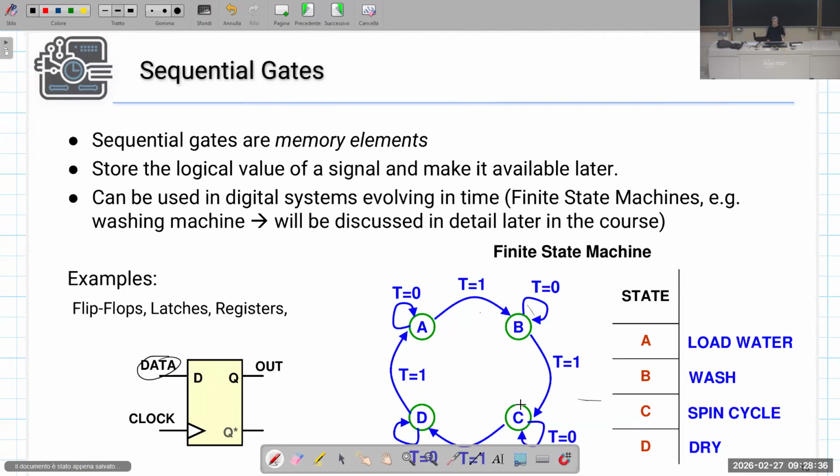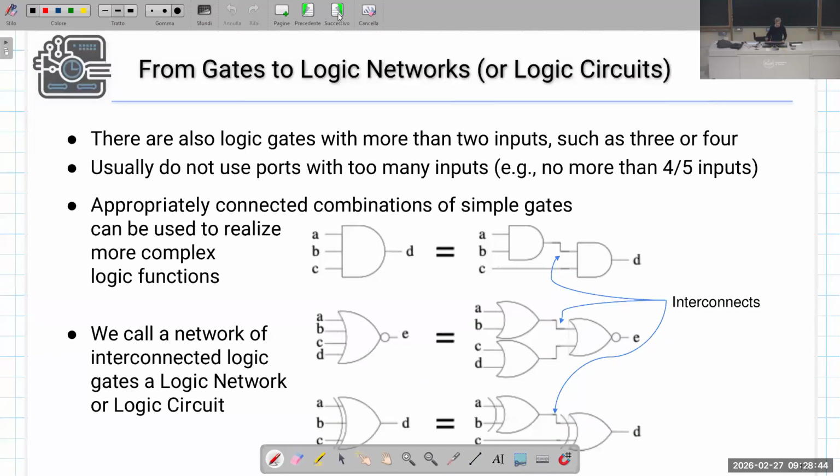Is that clear? Now, if there are no questions or doubts on this side, let's conclude this part. When we want to implement more and more complex functionality, clearly we can use these basic building blocks. We can interconnect them together